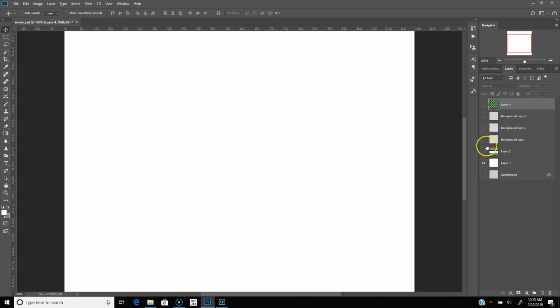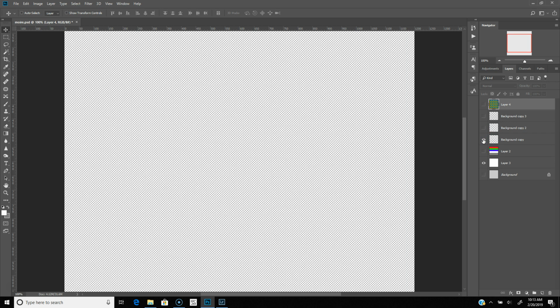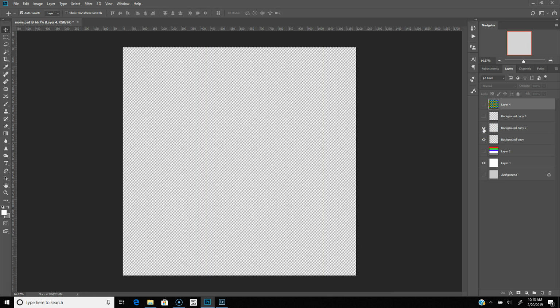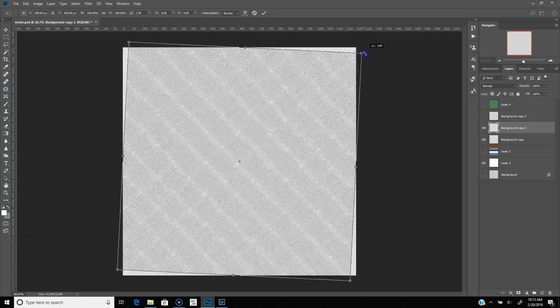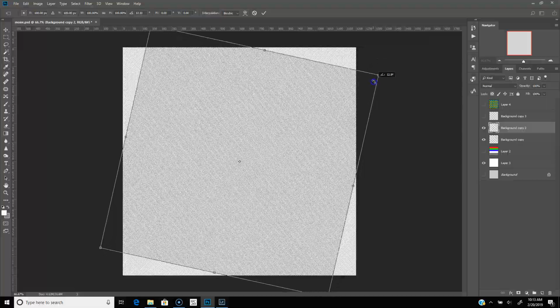Basically, when you have two patterns that overlap, they create a new pattern. To show you how that works, I made a grid on this white background, and then I added a second identical grid over the top of it. If we zoom out here and transform this, check out what happens. As soon as we rotate this pattern, it's going to make a new pattern. And as you rotate this around and shift it, it's going to make all kinds of crazy